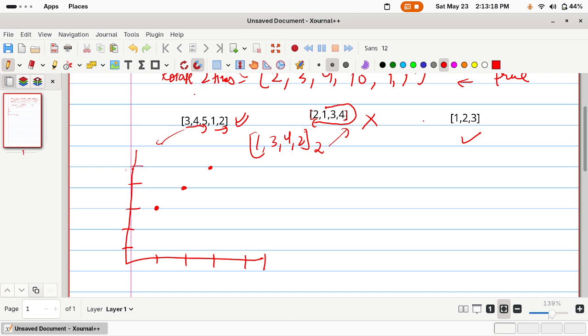Another case will be 1 and then 2, right? So this is how my plot graph will look, right? So it's first increasing and then again increasing, right? And there is a clear partition between both of them. So if I compare how many inversions there are, I can bear at most one inversion,